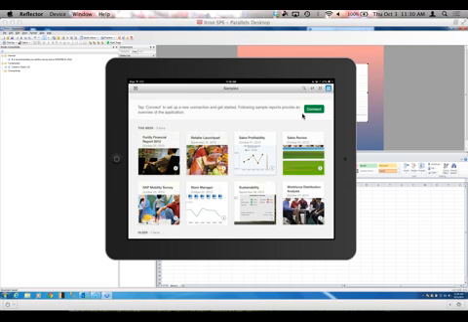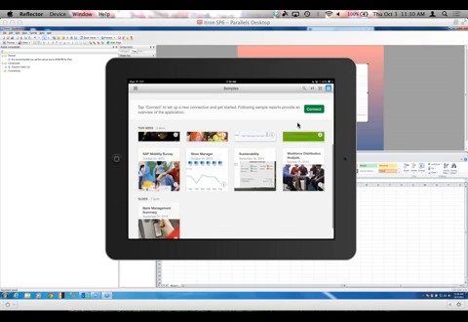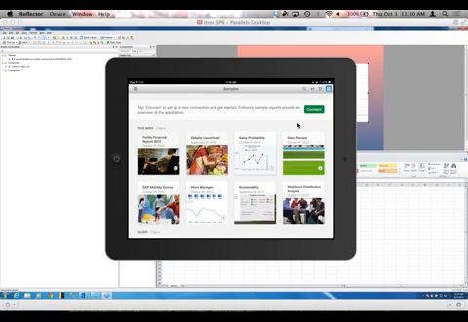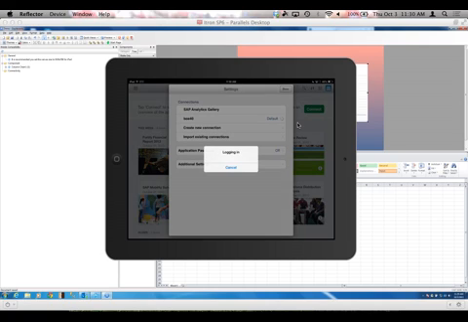So this is the SAP BusinessObjects mobile application. Those of you who are familiar with it know that it enables you to view various reports as well as other items. So we're going to go and connect to our Business Objects environment one. Just take a second to log in.